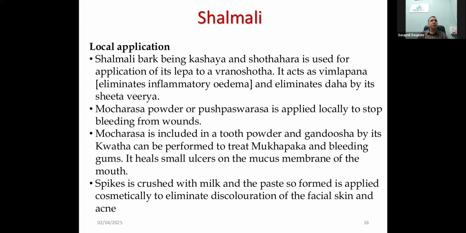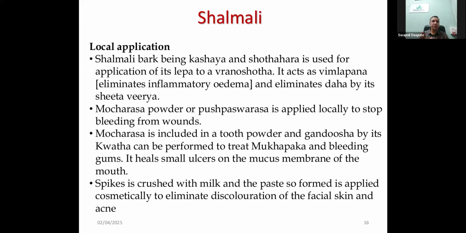Spikes is crushed with milk. Spikes, basically the thorn. Kanta is crushed with milk, and the paste so formed is applied cosmetically to eliminate discoloration of the facial skin and acne. So wherever there is discoloration due to acne on the face or on the back,